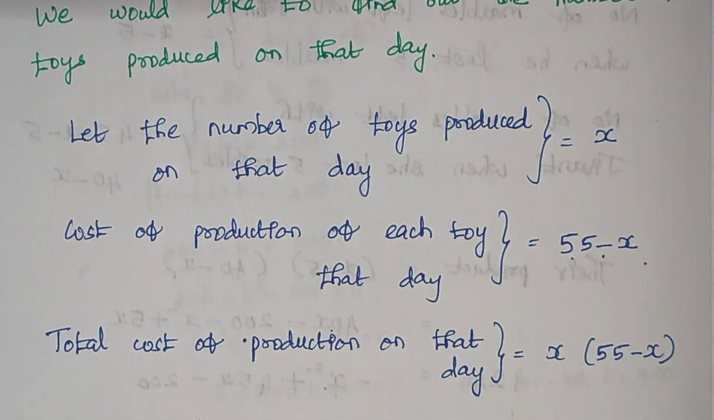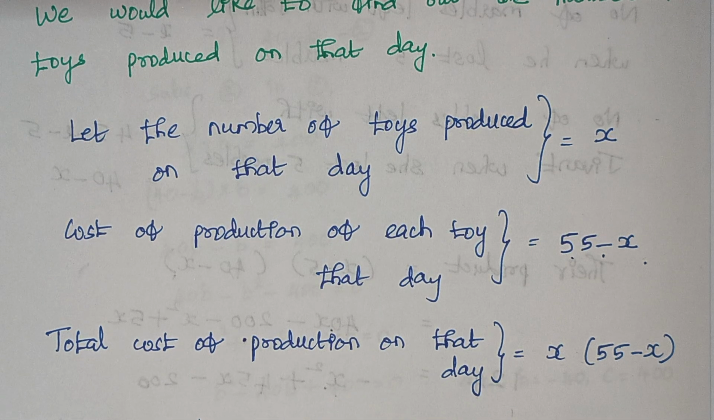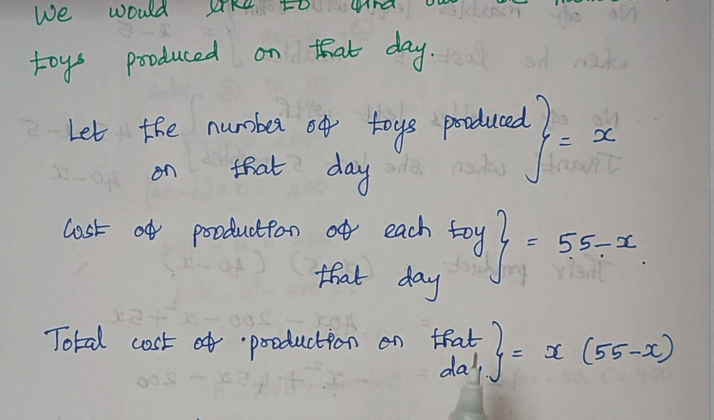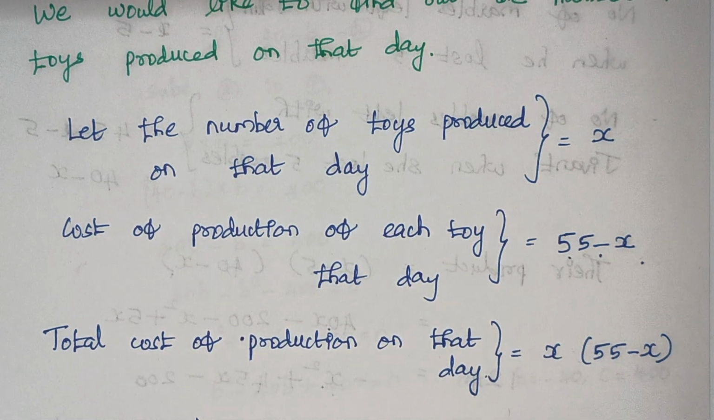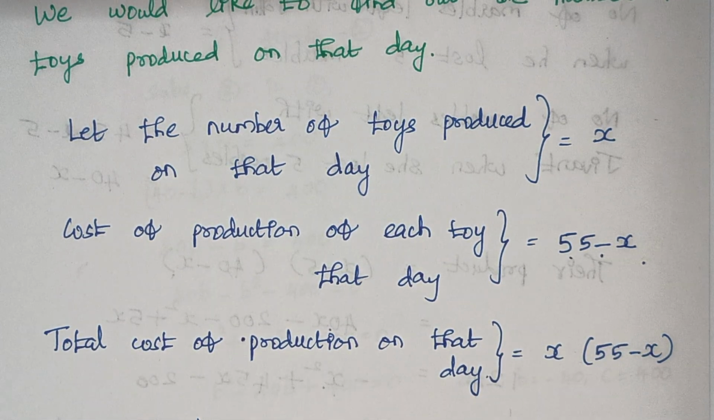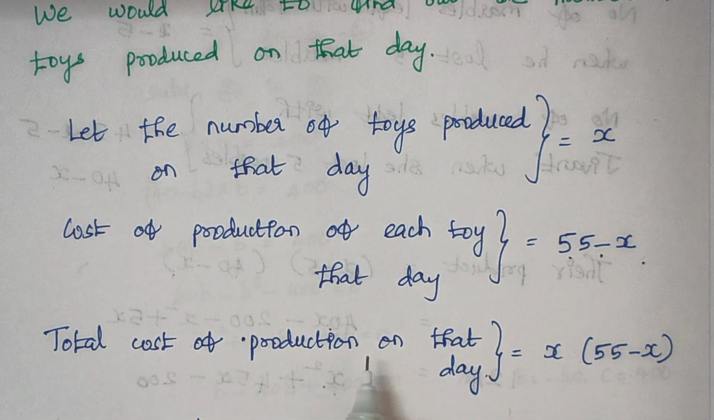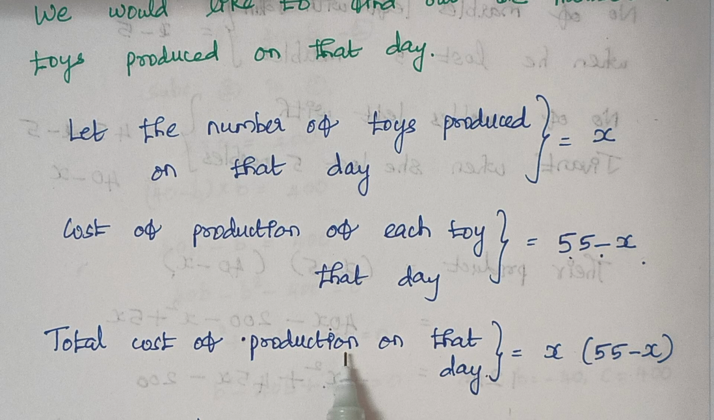And finally, the total cost of production on that day is nothing but the number of toys produced multiplied by the production cost of each toy. Am I making sense? You see, total cost of production. For example, again the same thing. We are manufacturing some toys. So the total cost of production is the number of toys produced